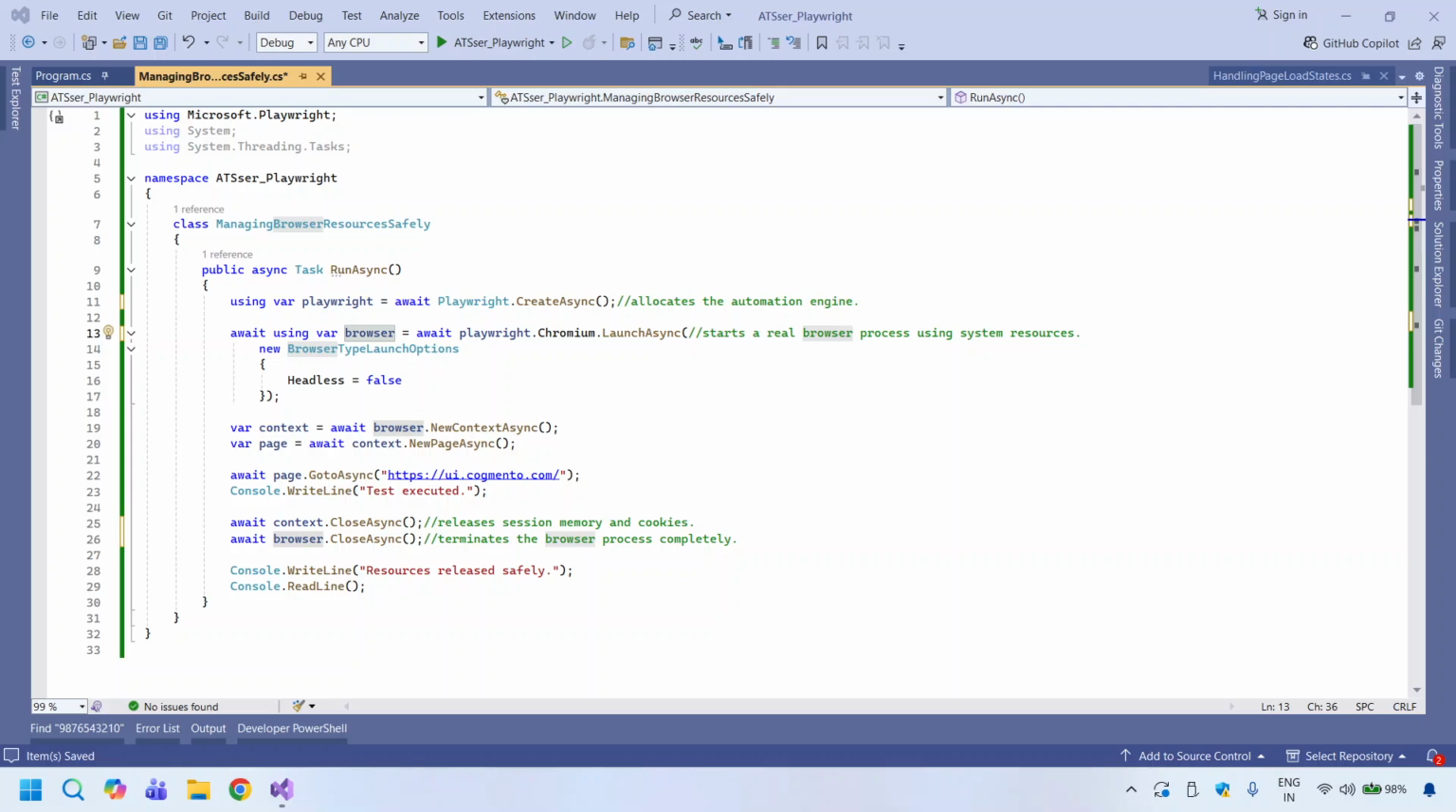In Playwright, resources include the Playwright engine, browser, context, and page. These objects consume memory and system resources. If they are not closed properly, browsers may remain running in the background, memory usage increases, and CI execution becomes